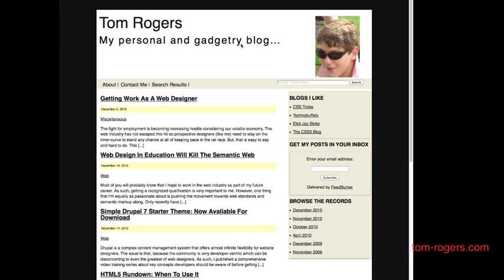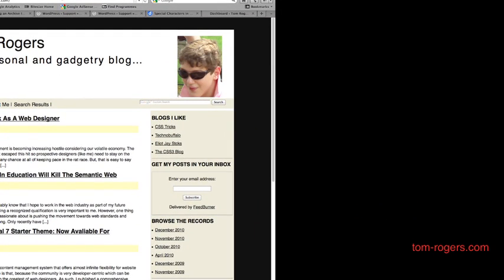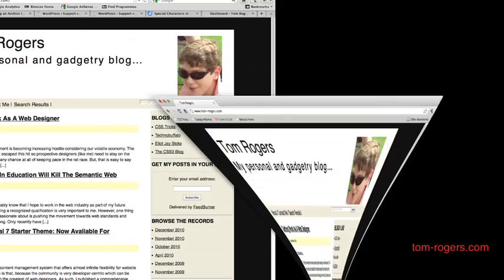So there's what it looks like in Firefox 5. I'm not running the beta of 6 yet. And if you go to the same page in, so here are the same pages in Google Chrome, and we can see there's not that many differences, which is obviously a good thing. The last browser I've got on this particular computer that I can test is